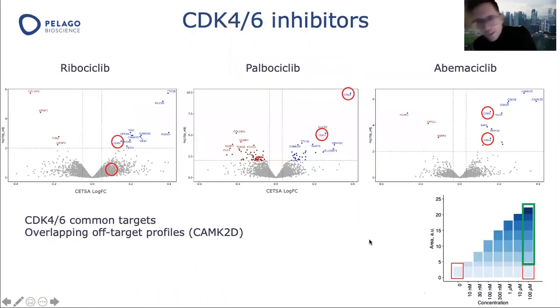And it's not always that we understand what's happening in the cell. We simply see that something is happening, but we can't explain the biology. And this is fine, even though it's of course rewarding to understand why something happens, not just that it happens. One example where we think we were able to connect the dots was when we profiled 3 different CDK4 and